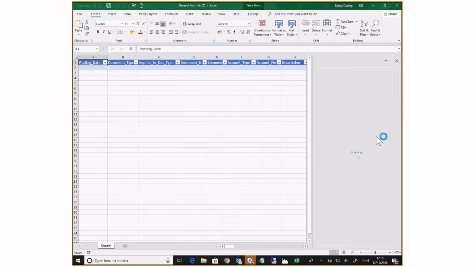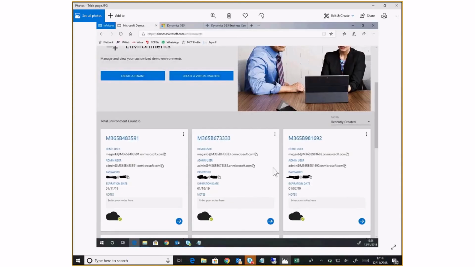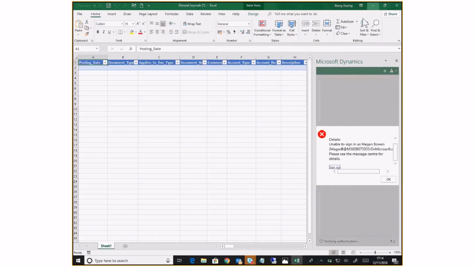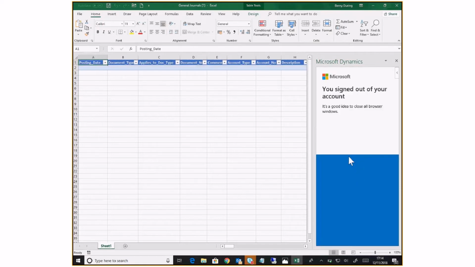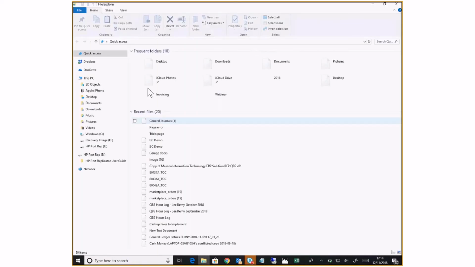So now we start getting into all sorts of problems, because if you have a look over here, you can see that I've got, and there's only 3 showing, I've actually got 6 different tenants running that I've been using for different presentations, for different customers, for different training sessions, etc. And you will probably see that it's trying to use one of my old tenant numbers over there. So even if you go sign out over here, and even if you go sign back in again, this does not always work 100%. So one of the tips that we learned at Directions this year is to create a